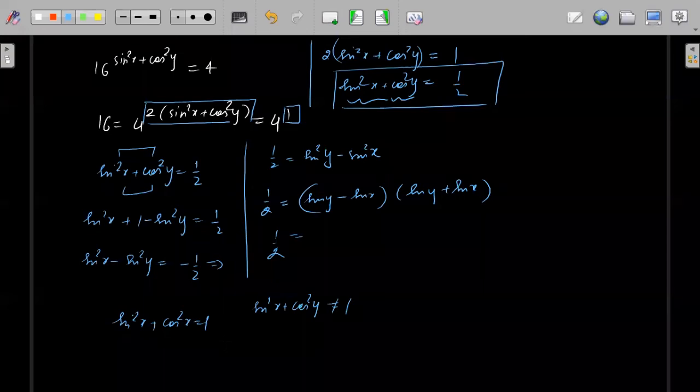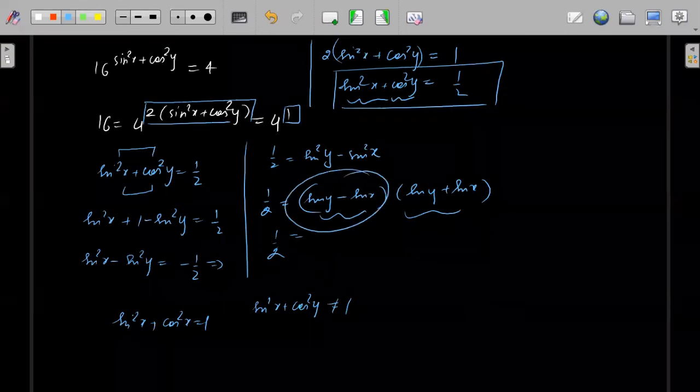Understood? So basically we can write this. Sir, we can substitute sin x is equal to minus cos y. No, because this is not equal to 0, right? So we'll have two solutions from this. You can combine these two, and then you can solve. Understood? Okay, fine. So just copy this one.